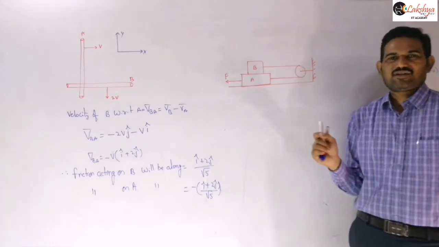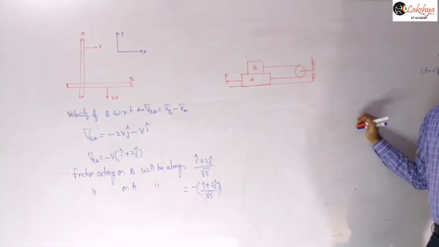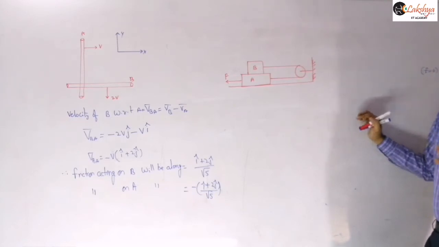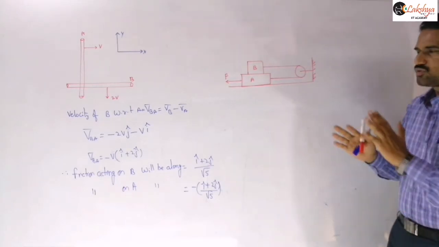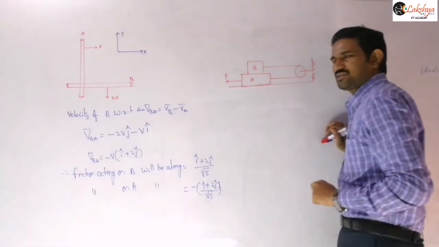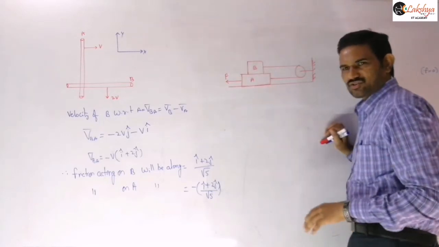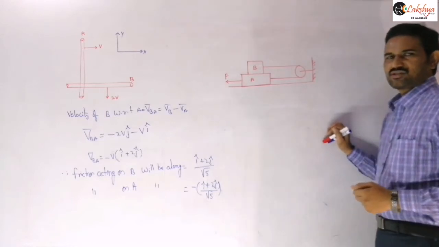Suppose the system is moving, let us consider, or ready to move, you may consider that. Then in such a case, if velocities are unknown for us, you simply need to consider that the system is a smooth surface. That means all the surfaces are smooth, let us consider here. So if all the surfaces are smooth, then what will happen? If you are pulling block A along this direction, then block A will start moving along this direction here, right? And so then block B will start moving along this direction here.